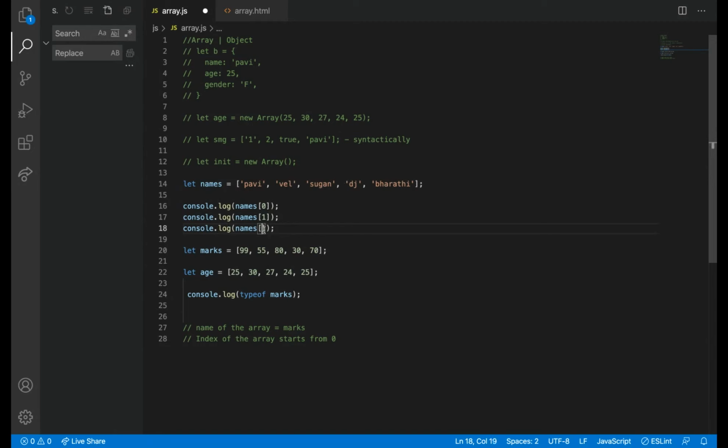Till index 4 we have values. So names of 0, the first value I'm accessing. What answer should it give? Pavi, Vel, and Bharati.